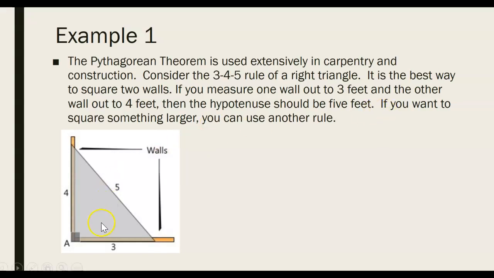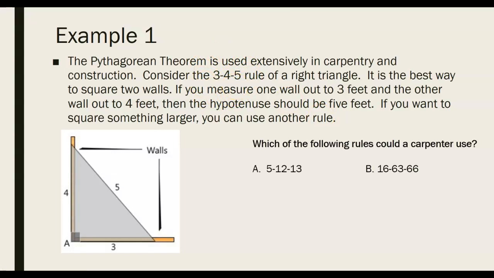So if you wanted to square something larger, then you could use another rule. So instead of using a 3, 4, 5 rule, there are other rules that you could use. So what we're going to do is see which of these two rules a carpenter could use. So let's take a look at the 5, 12, 13 rule. And what I'm going to do is use the Pythagorean theorem. And what I'm going to do actually is just test to see, does 5, 12, 13 create a true Pythagorean